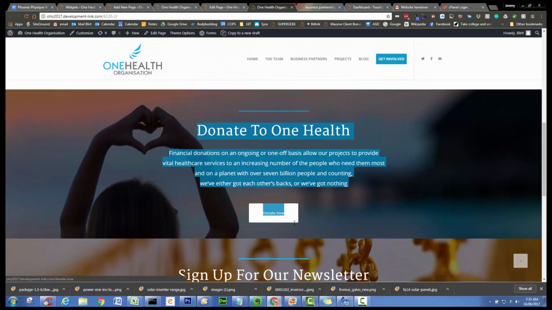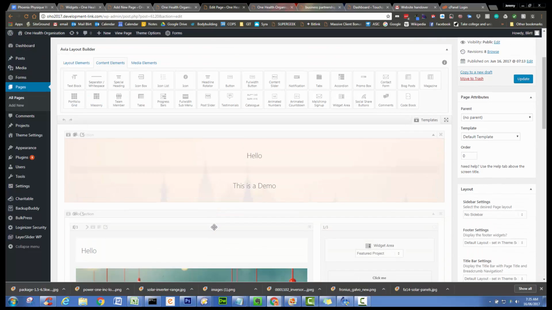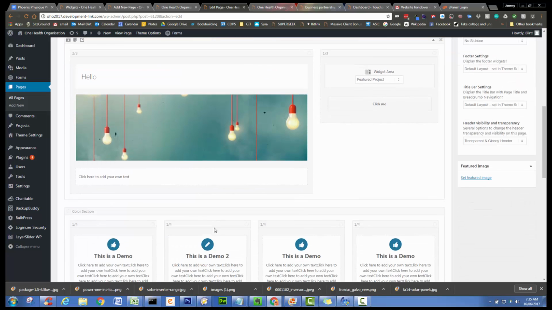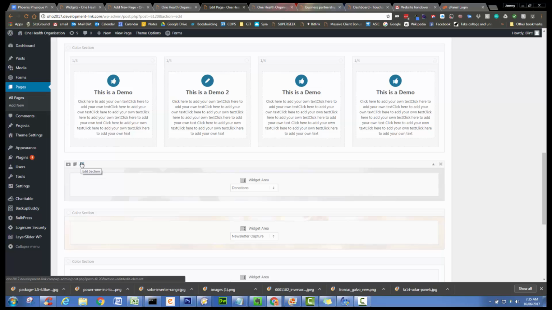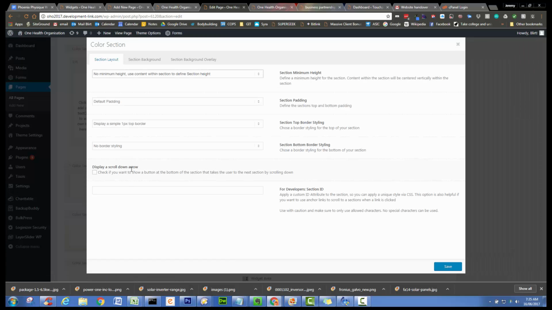This content here is dynamic and they're updated through the widget, but the background image is fixed to those sections. So you can overwrite that by applying a CSS rule to the section background. So you'll see that each of these sections has